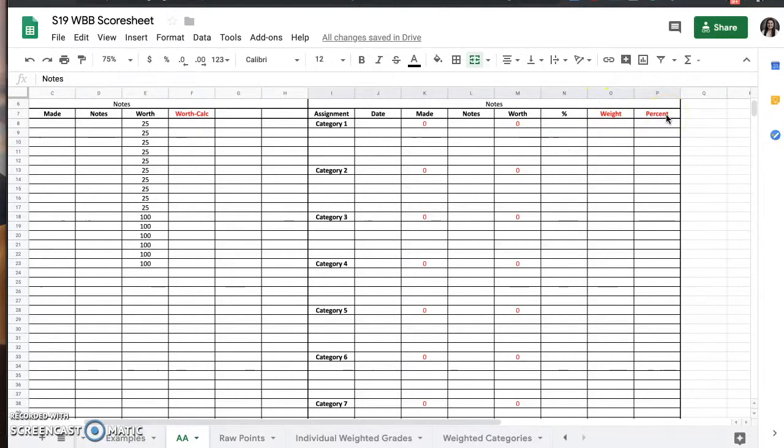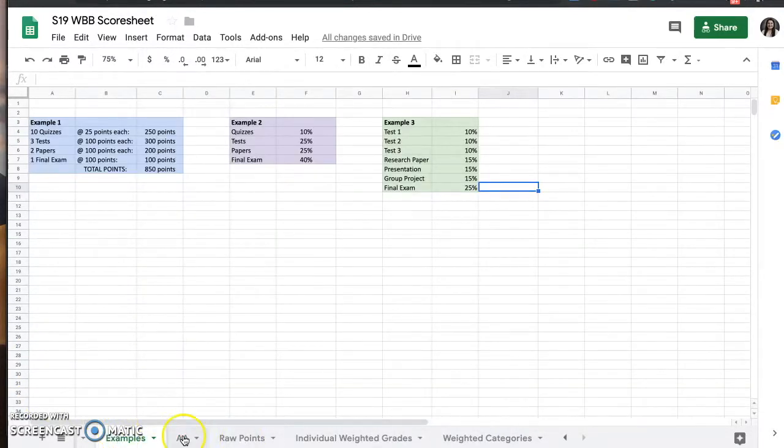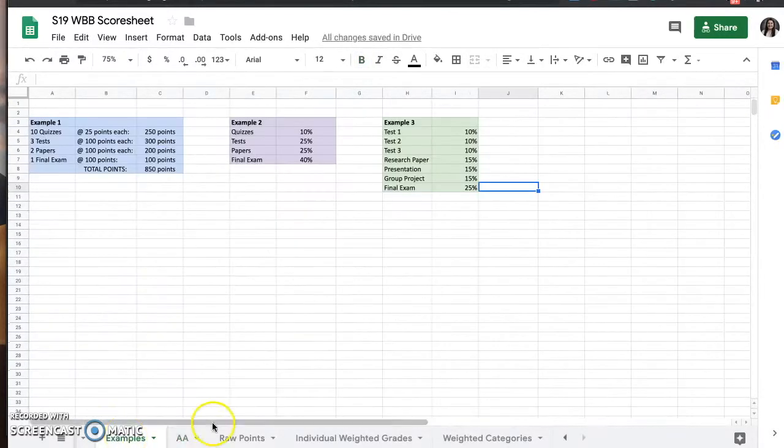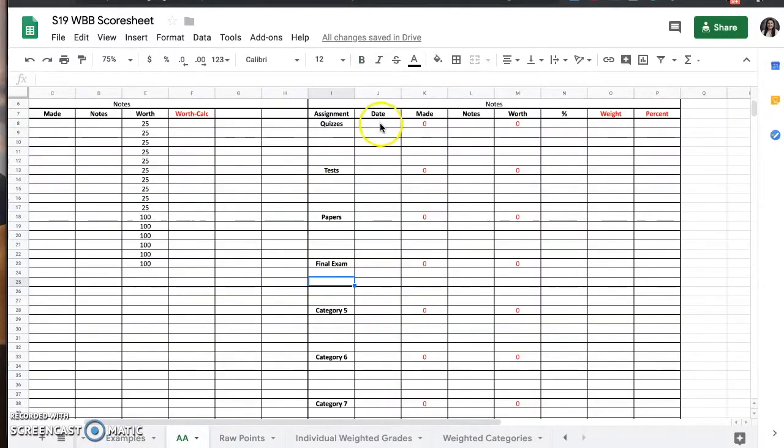So what we'll do first is fill out what our different categories are from our example. Our categories are listed already. If the teacher or professor does include specifics to how many